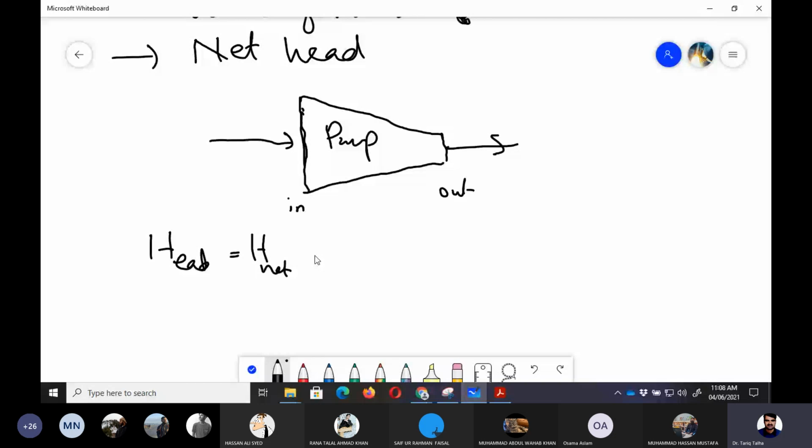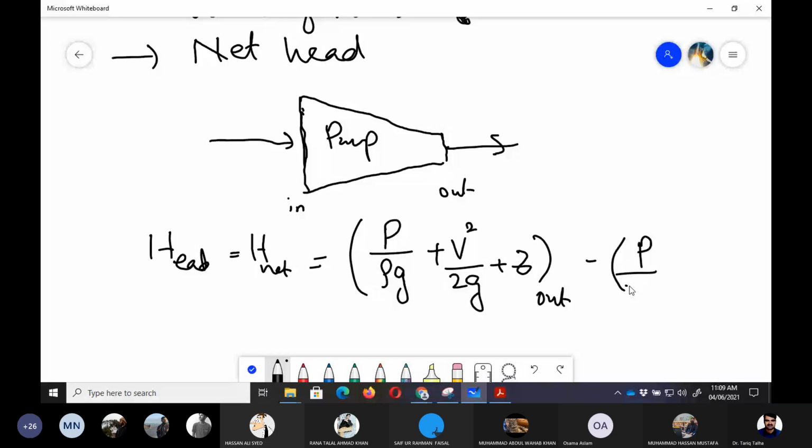So that would be equal to, we can calculate from the Bernoulli's equation, the summation of static plus dynamic plus elevation head at the inlet and outlet. At the outlet it would be P upon rho g, which is P upon gamma, plus V square upon 2g plus Z, at outlet, minus P upon rho g plus V square upon 2g plus Z at inlet. Right? So usually the flow through the pump has the same velocity and elevation if we are talking about axial flow pressure. So in that case,